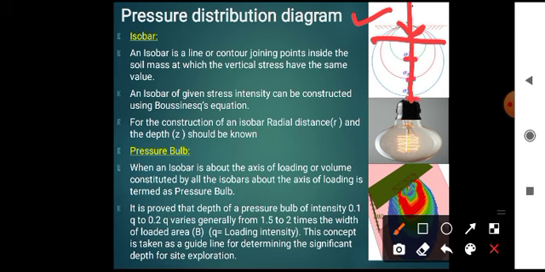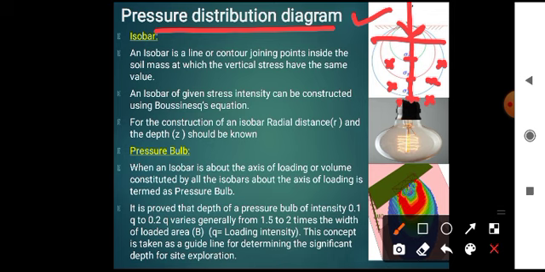magnitude of the vertical stress, as it is symmetric, we can also calculate what is the magnitude of the vertical stress when we go away from the point of application of the load. So that is nothing but the line of application of the load. Then if we are able to plot the distribution diagram, we can call it the pressure distribution diagram. By using this diagram we can understand how the vertical stress is distributed in the body of the soil when the surface load is acting on the soil.